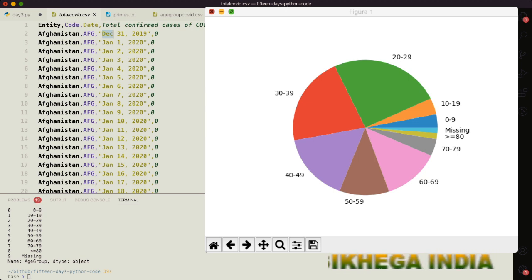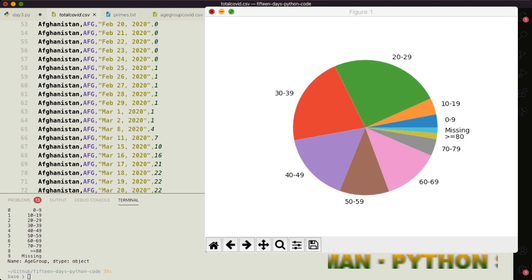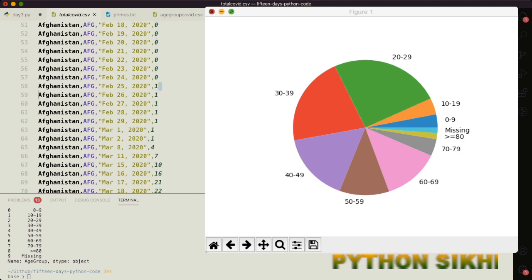Then we have total confirmed cases of COVID-19. For example, Afghanistan on 31st December 2019 has 0 cases, and it has 0 cases until it hits the first case on 25th February.